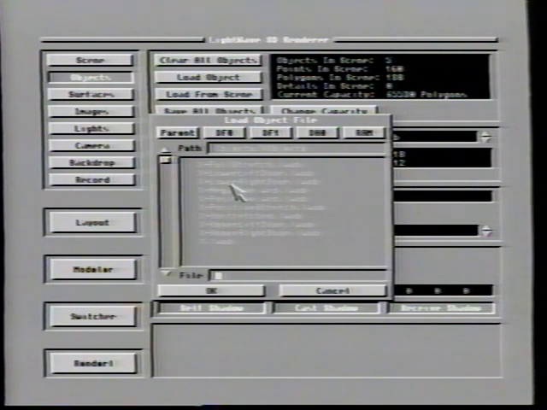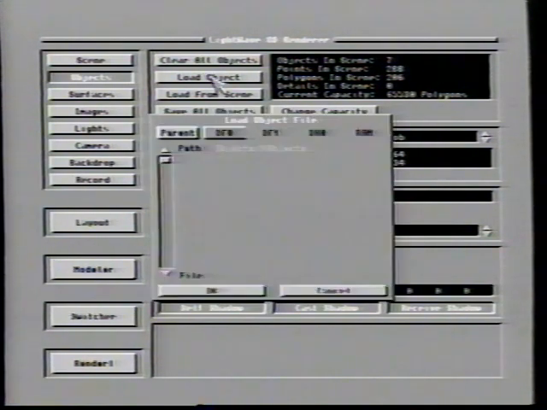Now there are 3 objects that make up the bar. There's X unstretched, X positive stretch, and X full stretched. These we want to load in that order. We want unstretched first, go back to load object, positive stretch next,